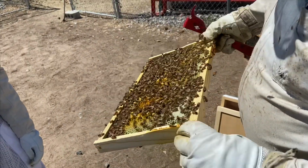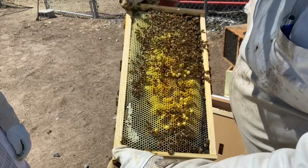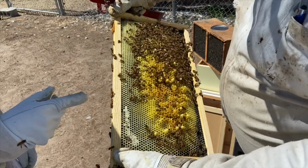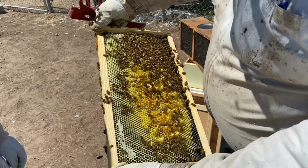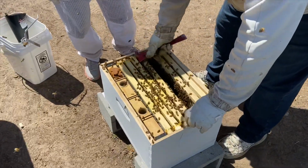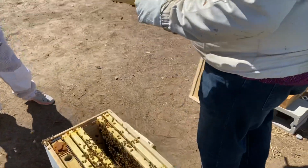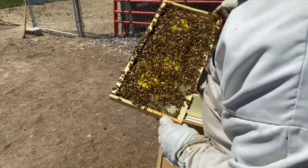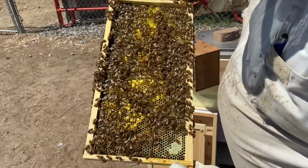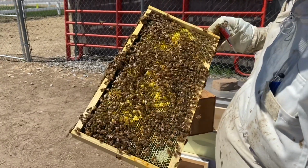They seem relatively calm. Yeah, they're usually pretty calm. But see, it was like this last week, and the queen was in there last week. We didn't see her, but we saw her on a video that we took later that day. And we've never seen worker brood in there, ever. Of course, we're not experts, but...